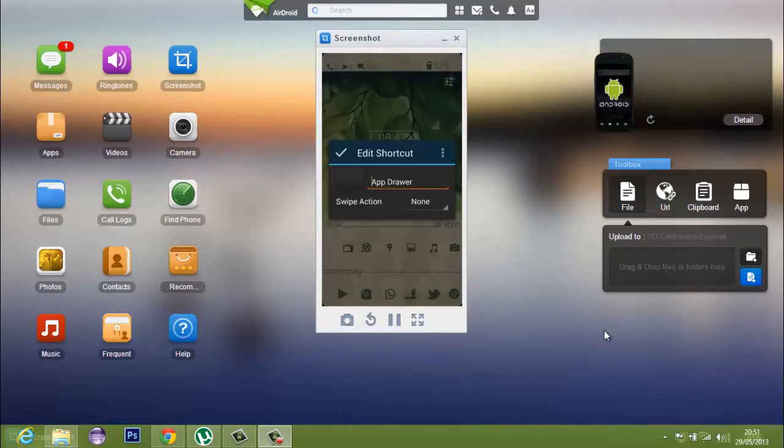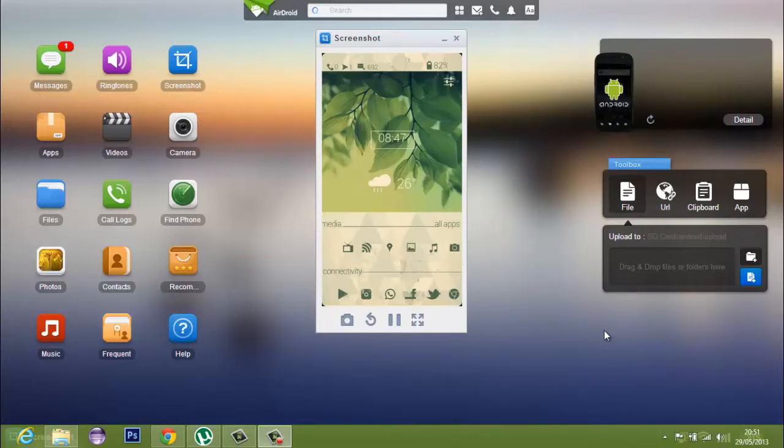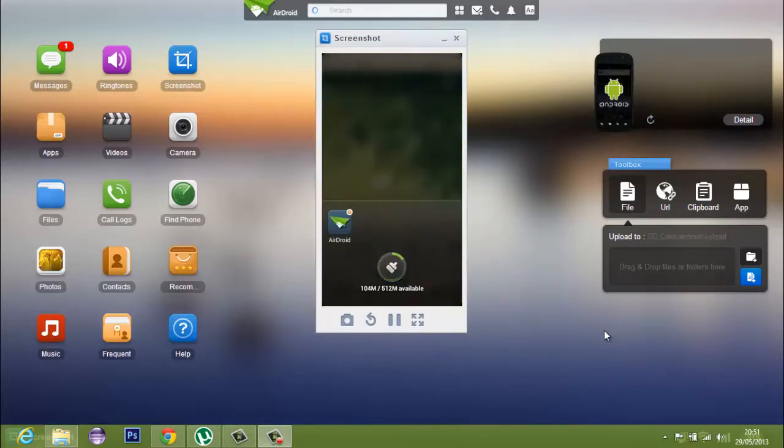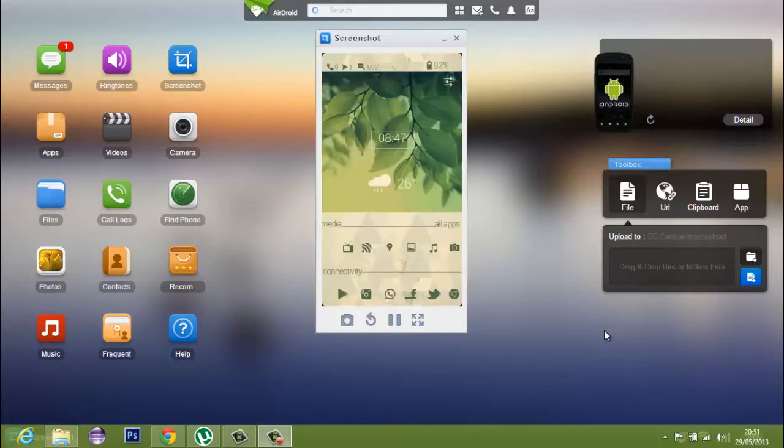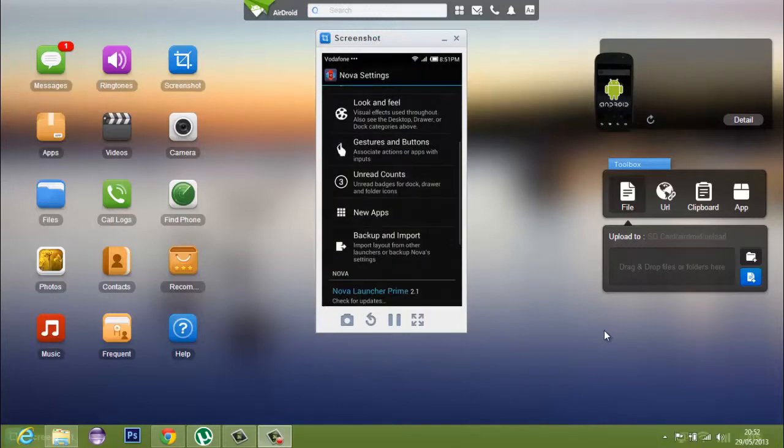Tick mark it, and it should be good to go this way. So let's check it out again. Yeah, so it brings up my app drawer. I also assigned it, so let's just remove this, remove that, gestures and buttons,